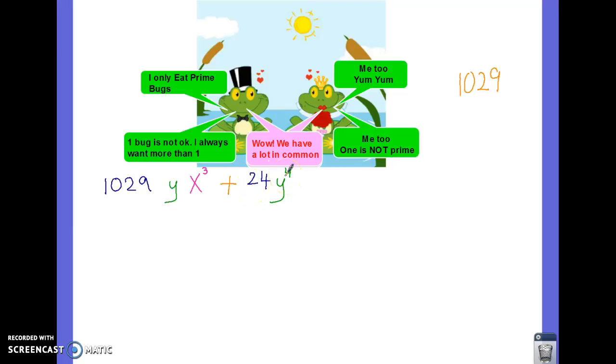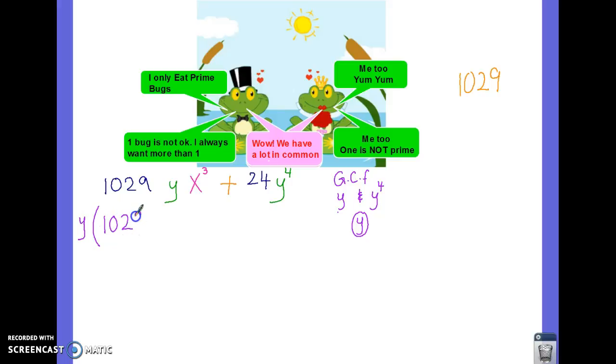So first, let's factor the variables out. Let's find the greatest common factor of y and y to the power 4. So this one is just a y, and this one is y times y times y times y, 4 times. So the greatest common factor is simply just the y. So I'm going to factor the y out, which will leave me with